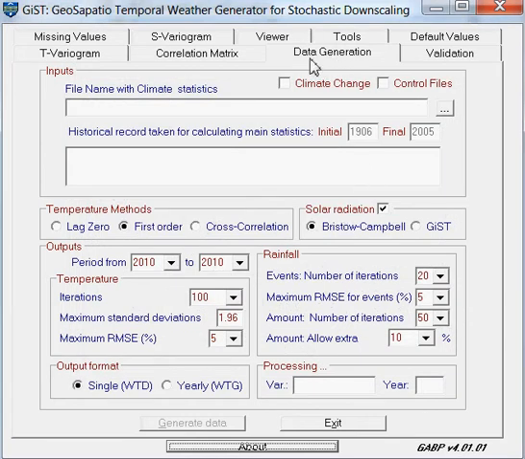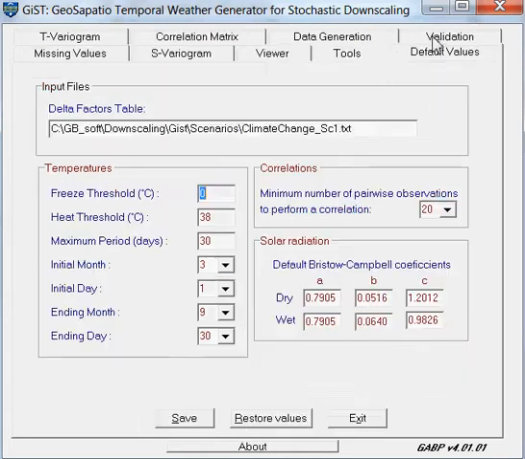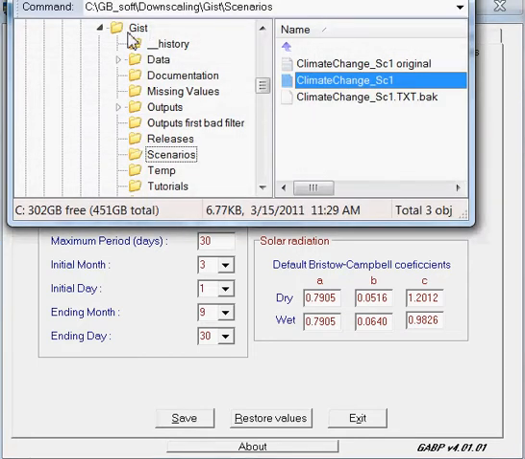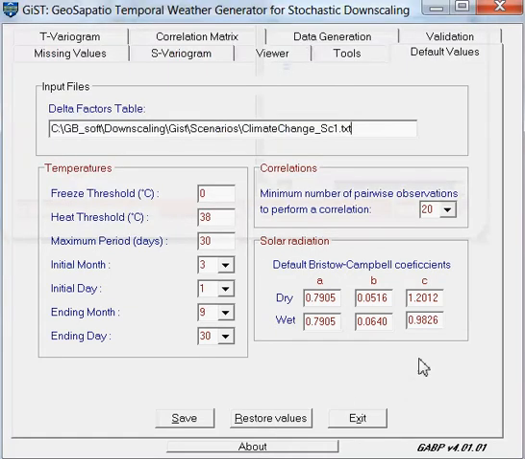The process of data generation driven by climate change is similar to the one described in tutorial number 4, data generation. The major difference is that in this case you have to check this box of climate change. What will happen when you use this climate change is you will be using this file. The file is located in the structure of GIST in this new folder called scenarios. This file is the same that we just showed in